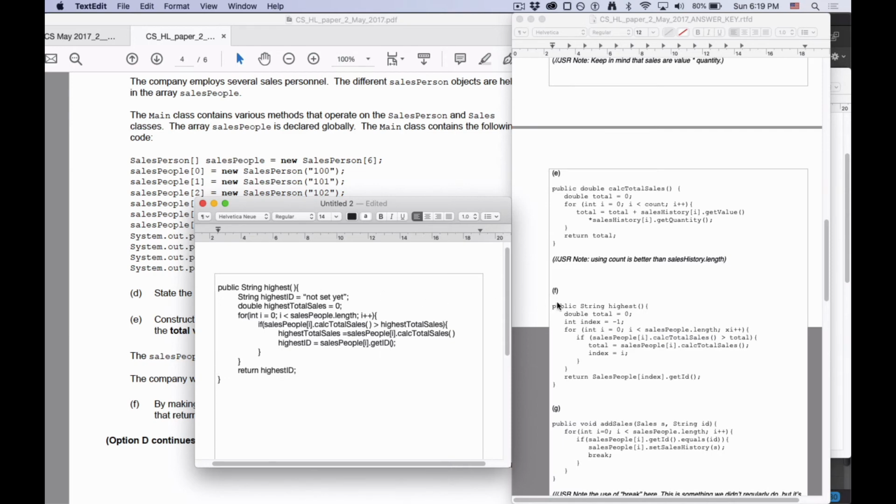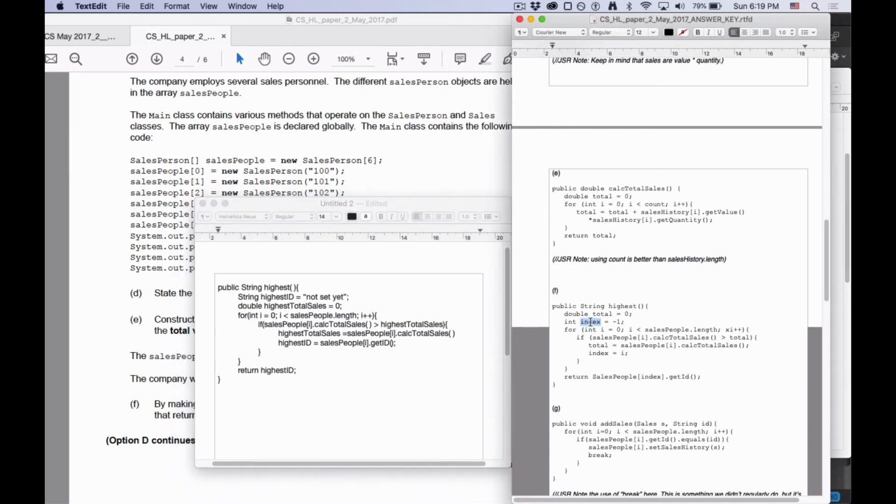Here I have a highest index. Here I have an index. Same idea, right? I'm just keeping track of the index i as I go through, when I find a bigger total... why'd they call it total? Shoot, is this my answer key? It's too bad. Yeah, the total is just a dumb name. Don't call it total, call it highest. Sorry about that one, but anyway, highest, and then I'm keeping track of the index rather than the actual